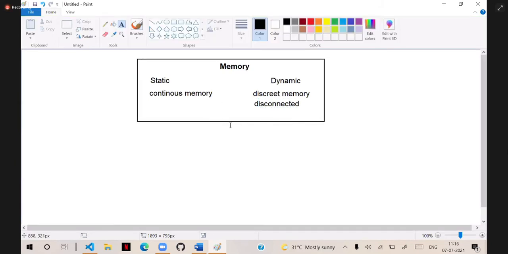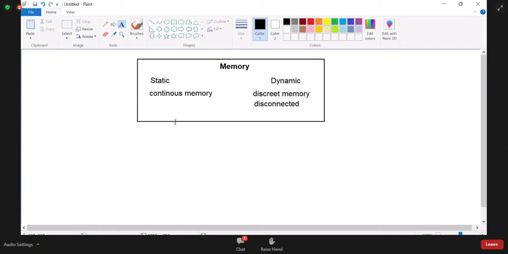So, what is the meaning of a static page and a dynamic page? Actually, static means it will be the same across any number of requests.